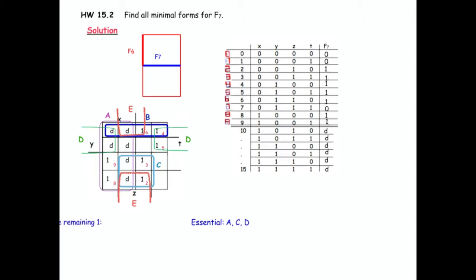Because one of the two minimal forms will have B, and the other one will have E, right? So neither one is better than the other. They're equally good or equally bad. But if the question were to find all minimal forms, then yeah, you need to spot all of them. Okay. So now if we translate it,